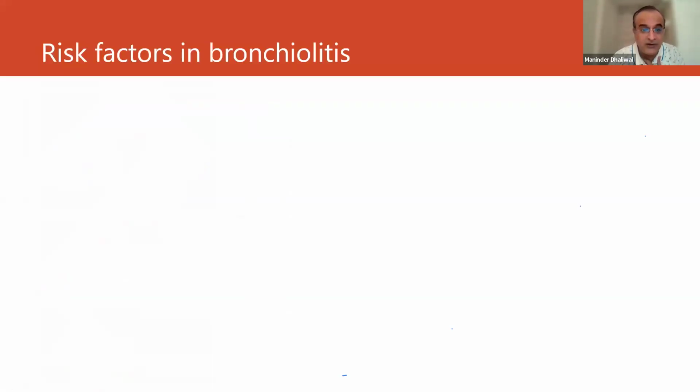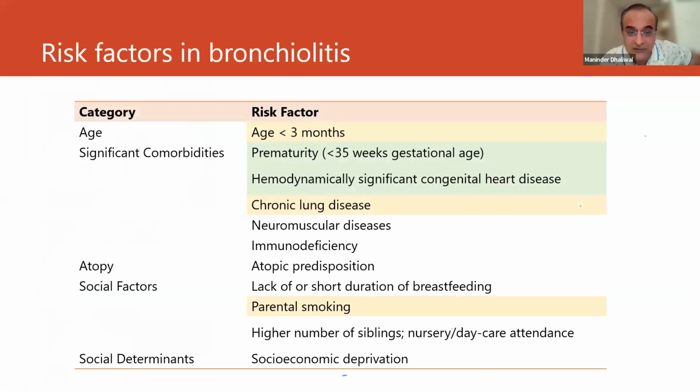So let us come back to the risk factors. As we already know, the risk factors are a child who is less than 3 months of age, a child who is premature, or who has a hemodynamically significant congenital heart disease. Now imagine there is a